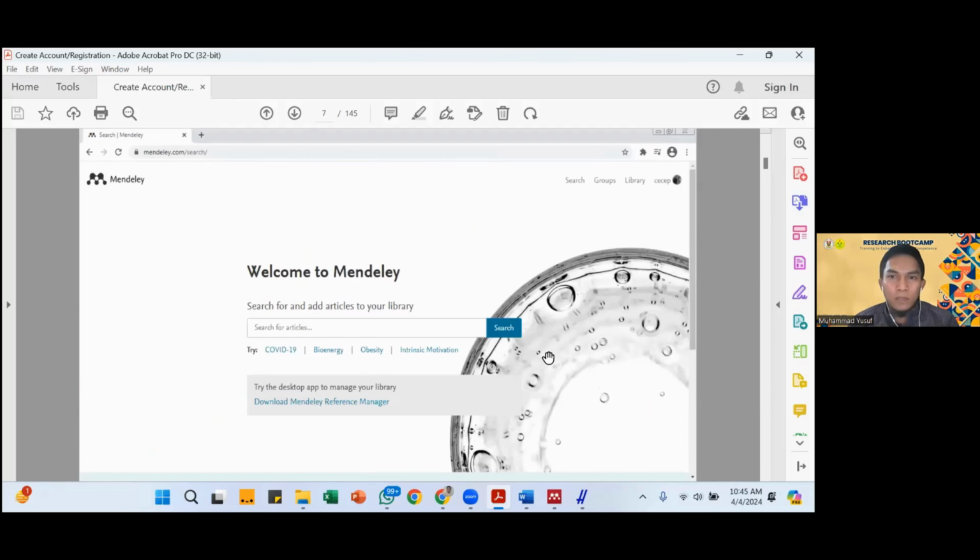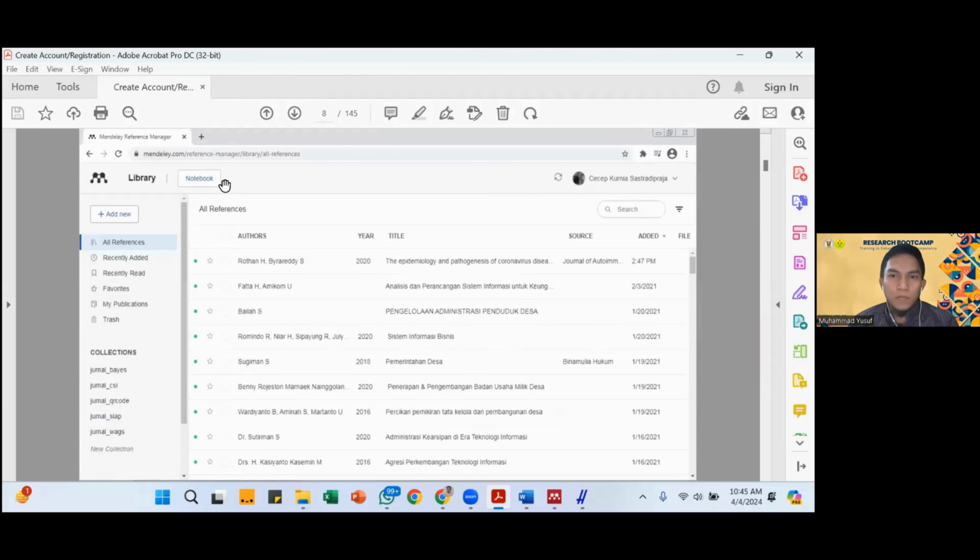Yeah, this is the appearance of mendeley.com, Mendeley Reference Manager. You can go to the library, click library. Then this is the appearance of your library. You can add new and the other menus: all references, recently added, recently read, favorites, my publications, trash, and others.